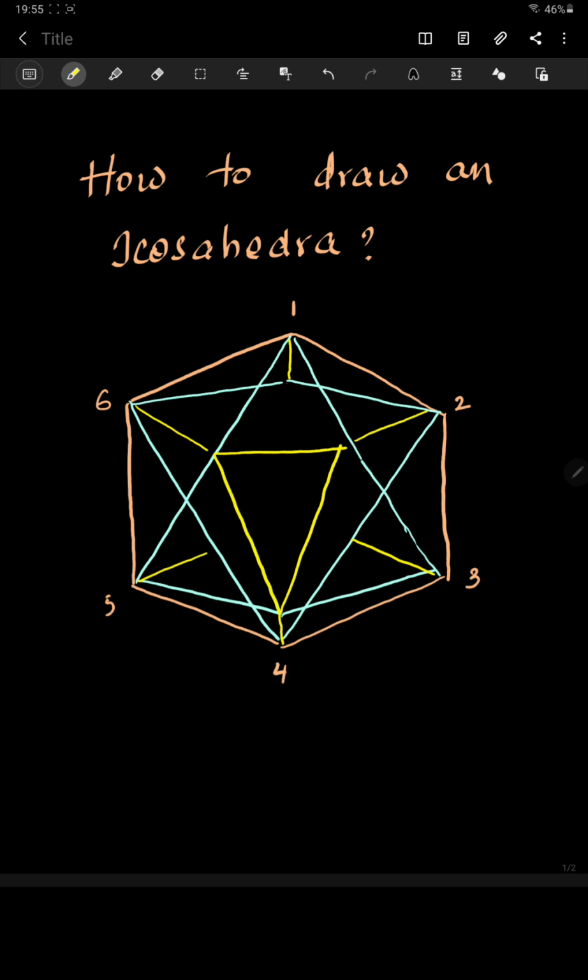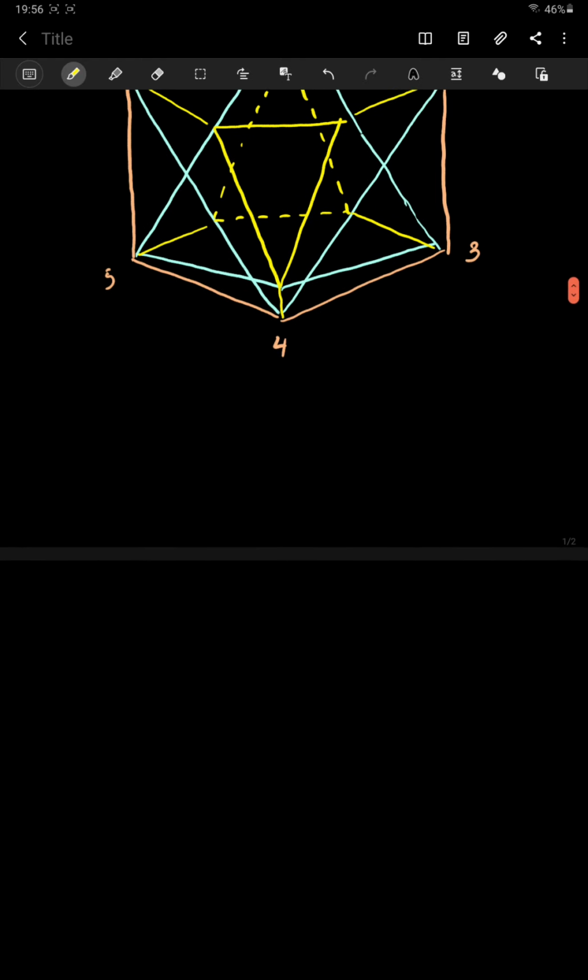This is one triangle, and for another triangle I just put it like a dotted one so that it will be clearly visible and it is like away from us. So here we go, an icosahedra is constructed. The approach is very simple. As I said, we have started from a hexagon, then we have constructed 2 larger triangles with one side a little bent, and inside these 2 larger triangles we have constructed 2 more smaller triangles that has given an icosahedra. This is one simple approach to construct an icosahedra.